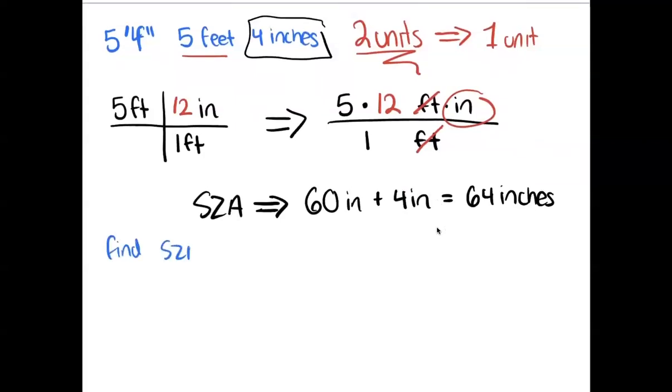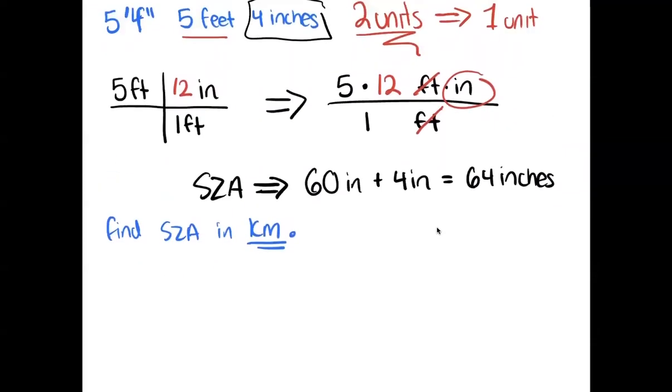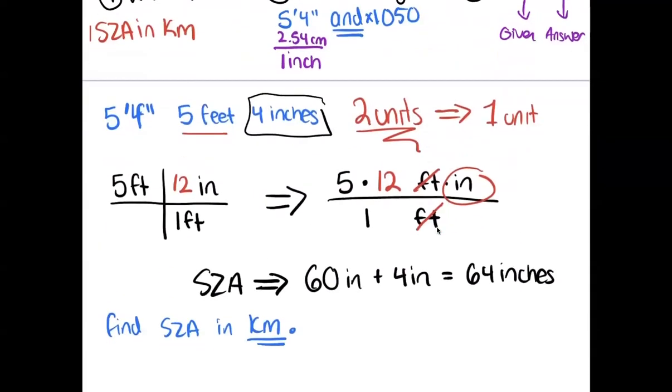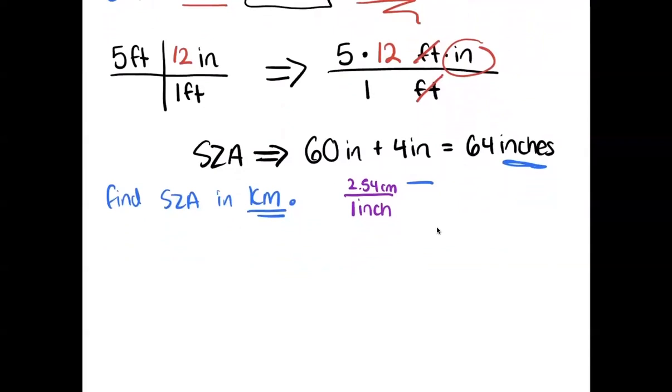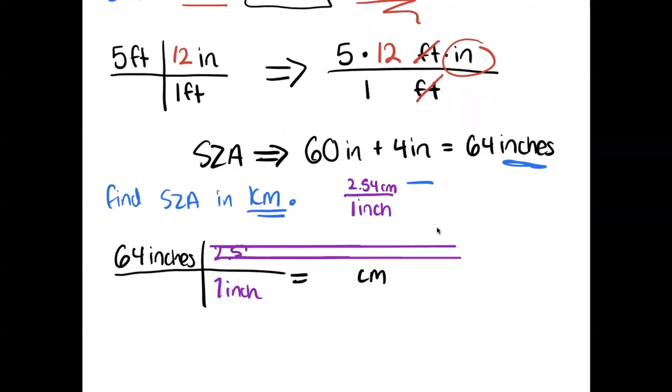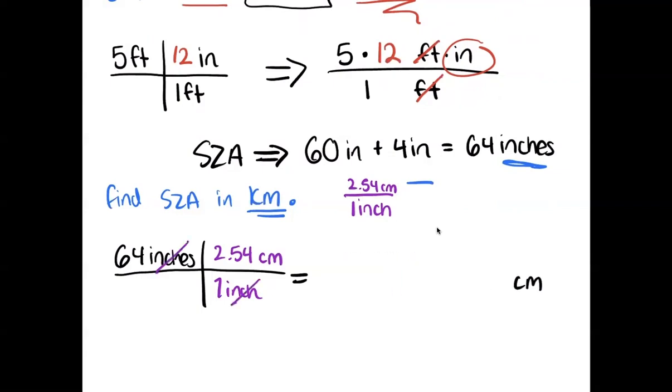Find SZA in kilometers. So we were given a conversion factor previously, that 1 inch is that many centimeters. So what we can do is convert inches to the metric system. So 64 inches, and we want our answer in centimeters. The way we do that is that we know that 1 inch is 2.54 centimeters. And now we see that inches on the bottom cancel, and we're left with 64 times 2.54 centimeters,